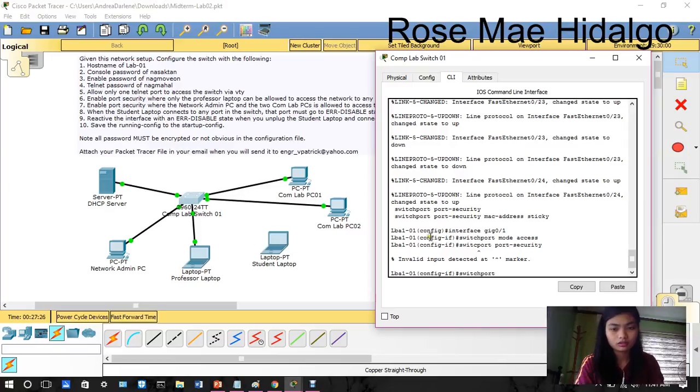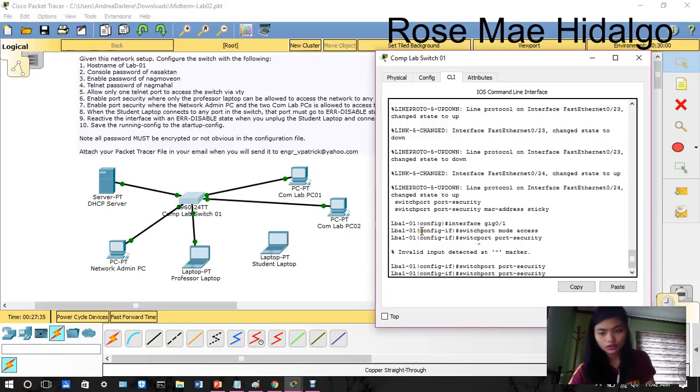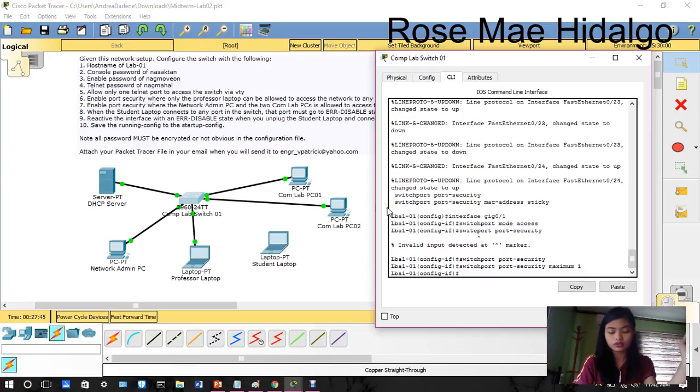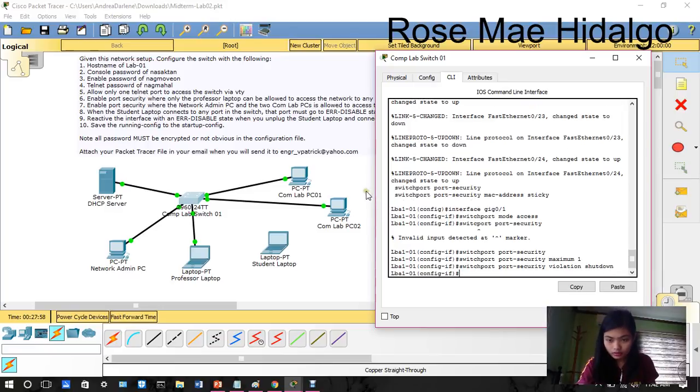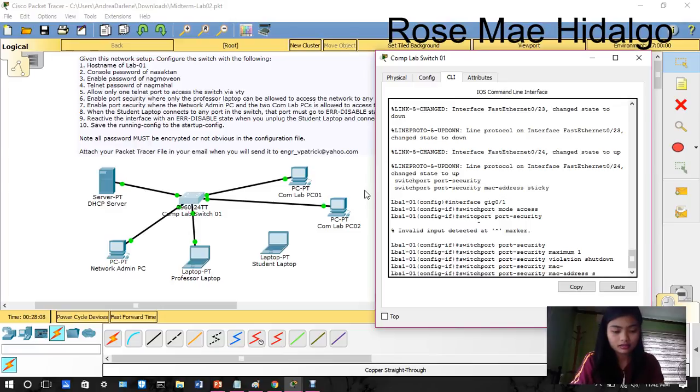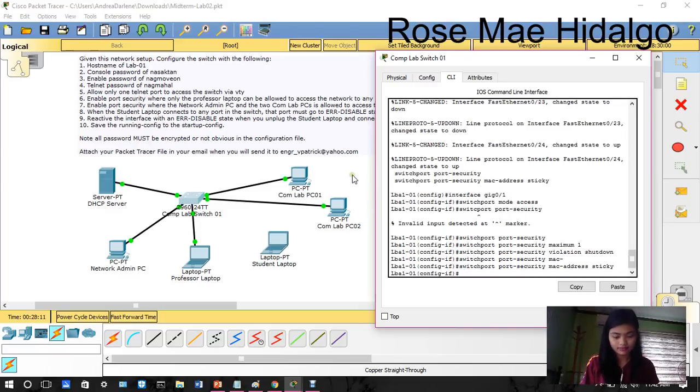Switchport port-security, then switchport port-security maximum 1, then switchport port-security violation shutdown, then switchport port-security mac-address sticky. That's it. Then exit.